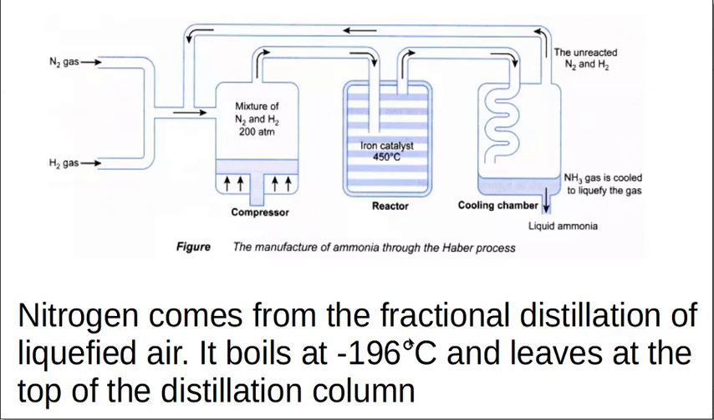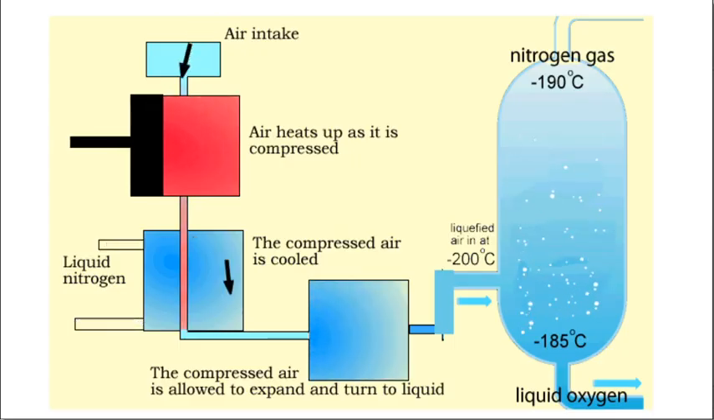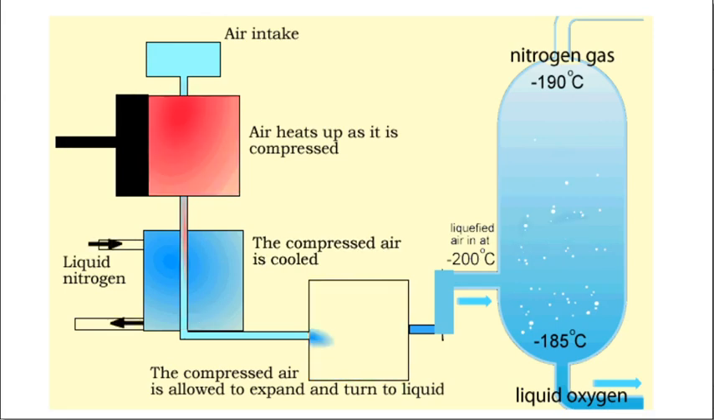So air boils at minus 196. Remember, the air is boiling all around you because it's in the gas phase, so it must have already boiled. It boils at minus 196, and the nitrogen has a different boiling point to the rest of the things in the air, so you can get it out the top of the distillation column. If you watched my other video, you'll have seen this